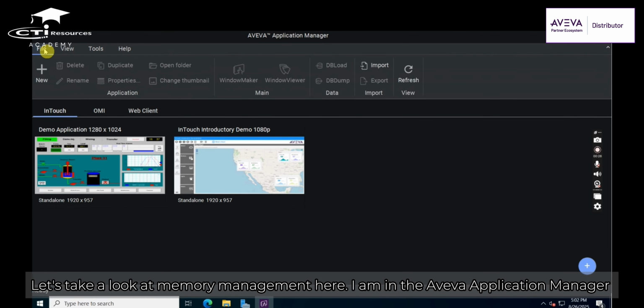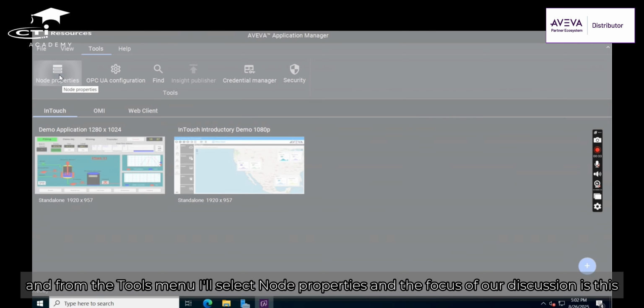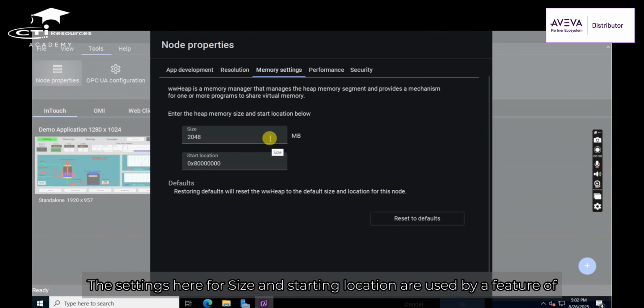Let's take a look at memory management here. I am in the AVEVA Application Manager, and from the Tools menu, I'll select Node Properties. And the focus of our discussion is this tab here called Memory Management. The settings here for size and starting